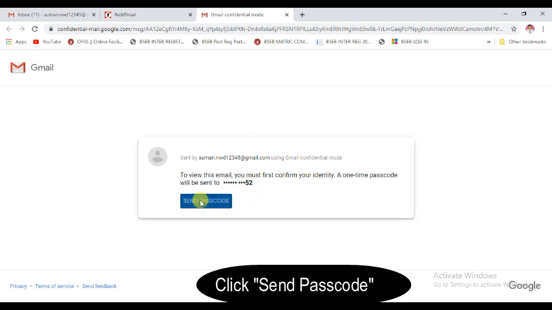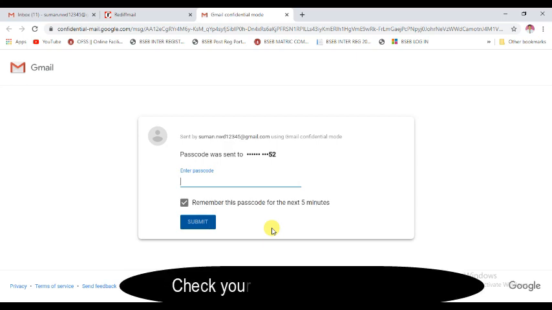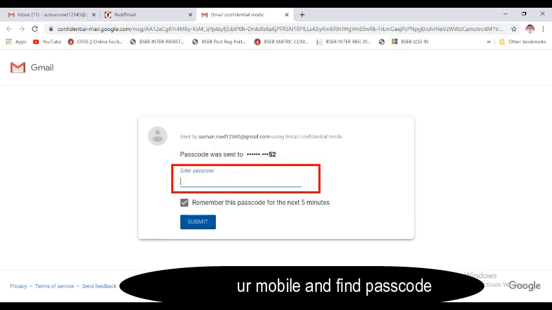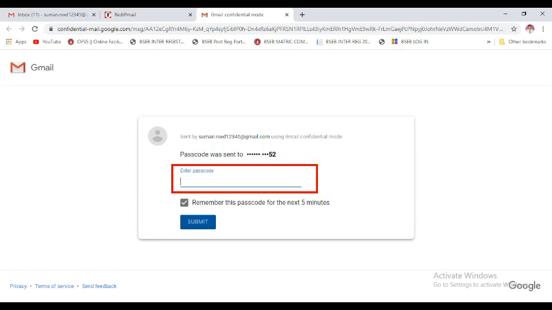Click this send passcode option. Soon as I click this send passcode option, I find a field appears here, enter passcode. In this enter passcode field you have to fill in the passcode which has been received on this mobile number.